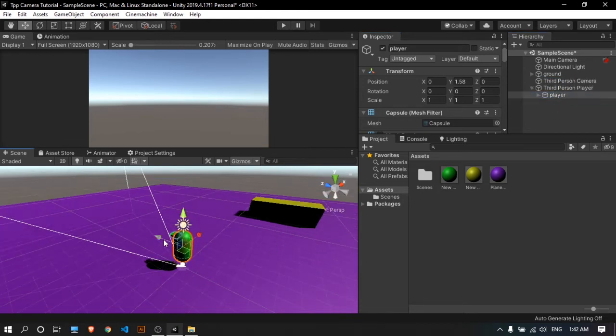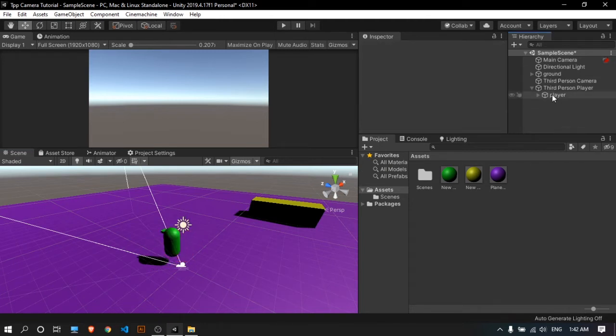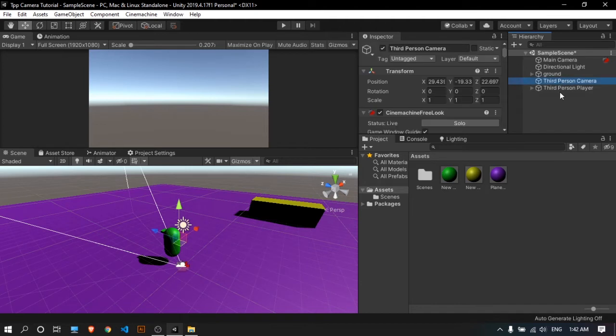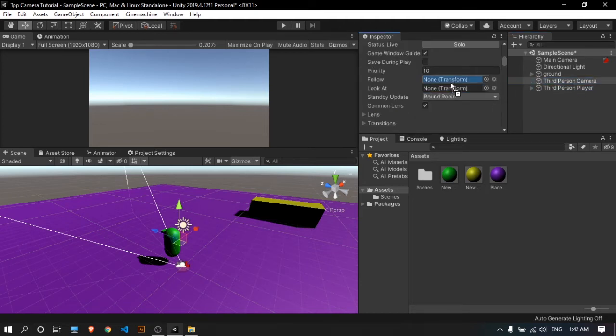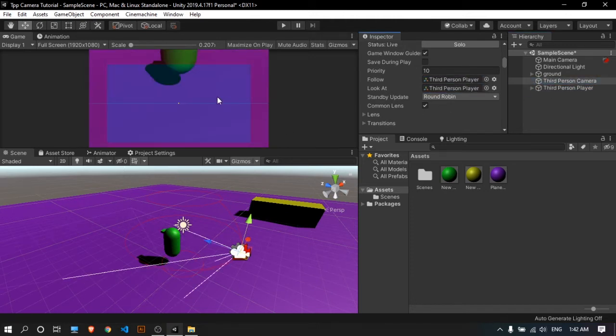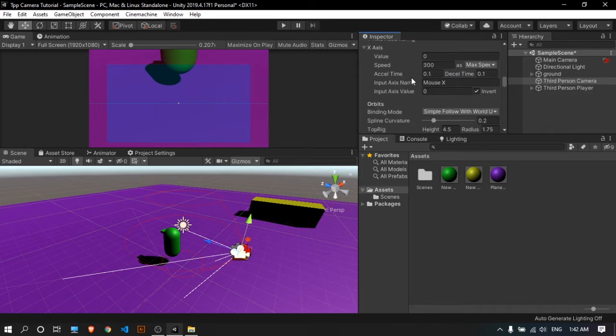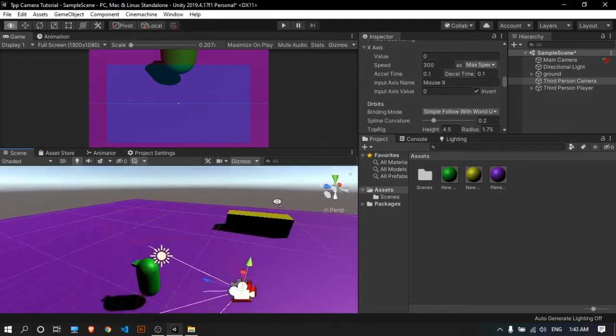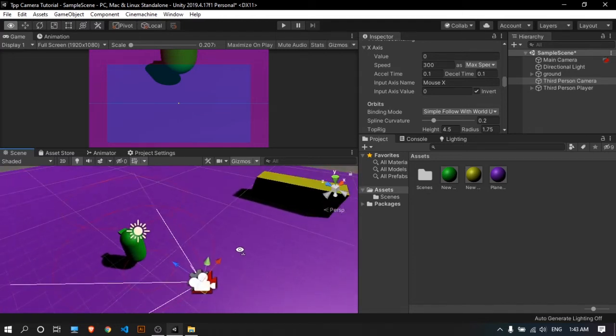Now when we give our Cinemachine a game object to look at, we are going to give it this game object. So we just go ahead and drag it into the Follow and also the Look At. Now as you can see, the camera actually doesn't look at the player, but to fix that, if you look in the scene view, you can see some red lines over here. Those are known as the orbits. What happens is that our camera is going to move around on those orbits, moving in just a sphere.